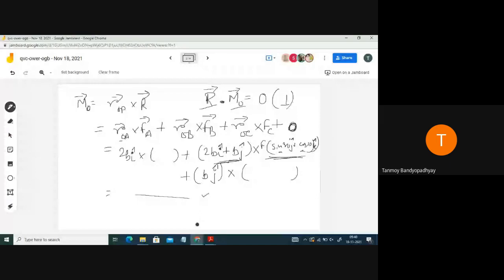I have discussed this. This is i cap, j cap, k cap. Just write down. This will be 2, B you can take common, A beta you take as common. So here you will have 2, 0, 2, 1, 0, sorry 1, 0, and here you will have sin 30, 0, sin 30, cos 30. You can write down the values for them also. Then you have to simplify. This is a bigger problem; you have to do it meticulously and check whether the answers are coming.